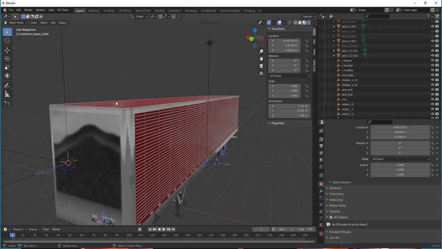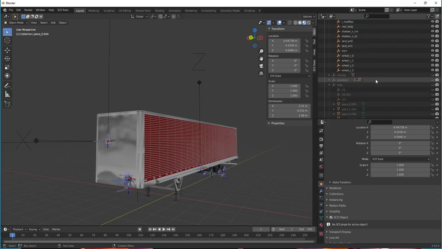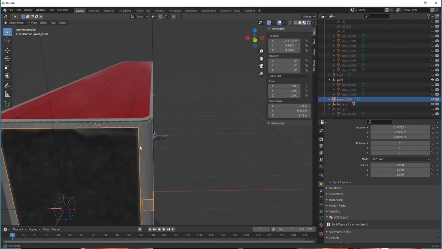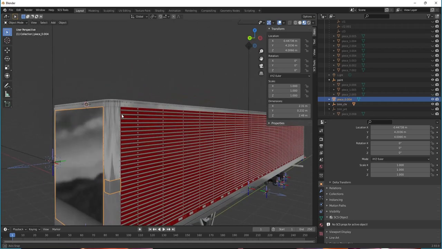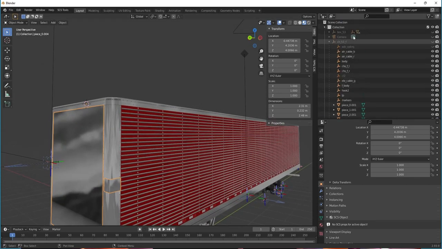Let me see if I can get the cursor to it. So cursor to selected. All right, so here's our cursor. Remember, everything comes in at the cursor. So in order to make a model locator,